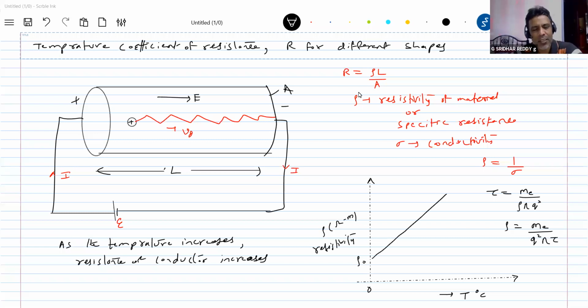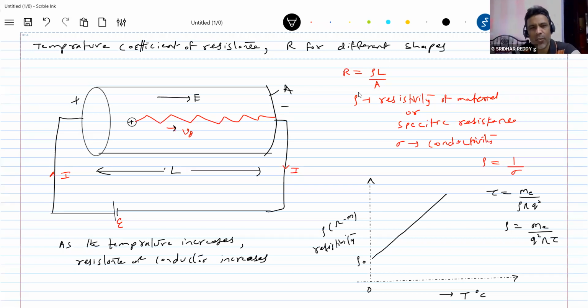What do you mean by resistance? Shall I say that more collisions will occur? Why more collisions? So we'll stick to the conductor. At increased temperature, the thermal agitation of the free electrons will increase. What do you mean by thermal agitation? That random, zigzag motion will further increase. With a more zigzag path, a greater number of collisions will occur. More collisions means greater resistance offered by the material to the flow of charge.